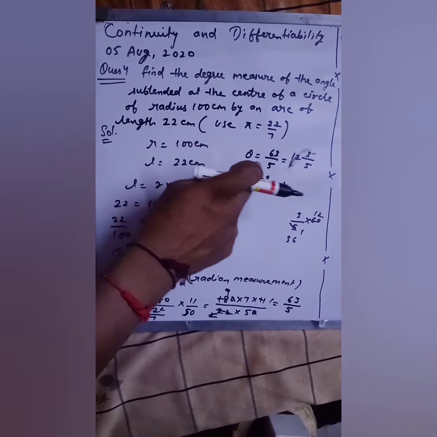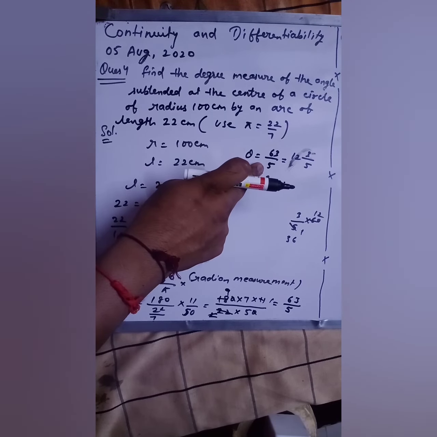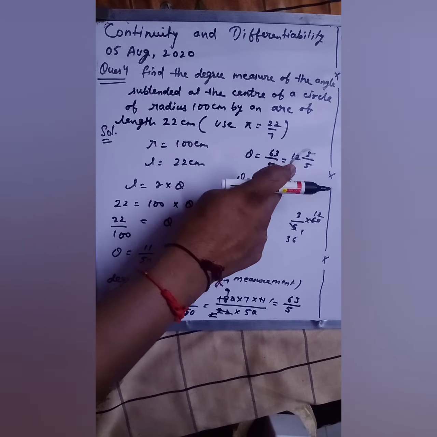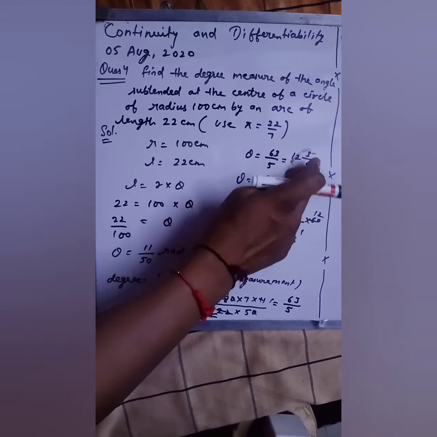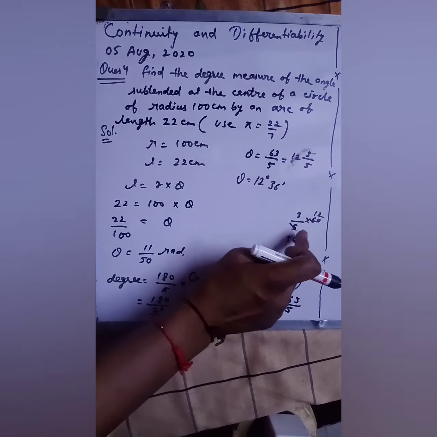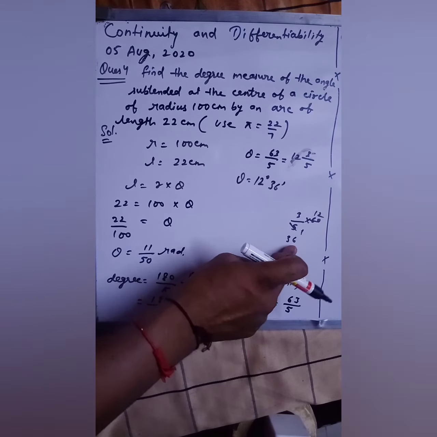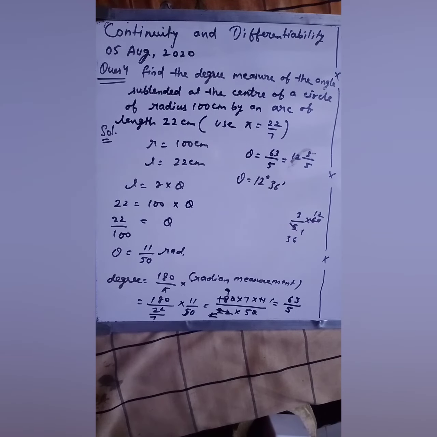Okay, so I'm repeating this again. If your angle is in fraction form, you have to write it in mixed fraction first. So it is 12 3 by 5, so 12 is in degree form, and this 3 by 5 you have to multiply by 60, and on solving you will get 36. Okay, so 36 what, 36 minutes. This would be your theta. This is how you can solve question number 4.